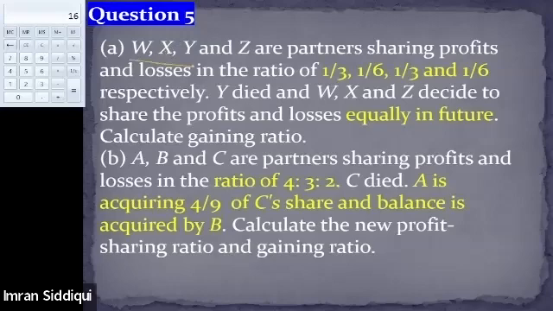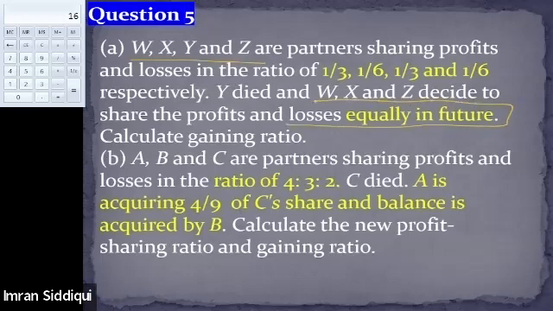There are four partners, W, X, Y, and Z. Their old PSR was 1/3, 1/6, 1/3, 1/6. So you can see their bases are not equal. So in order to determine the exact old profit sharing ratio of the partners, we will have to equalize their bases. Y died and W, X, and Z have decided to share the profit and losses equally